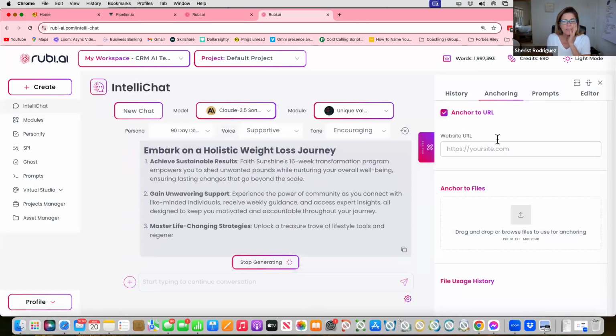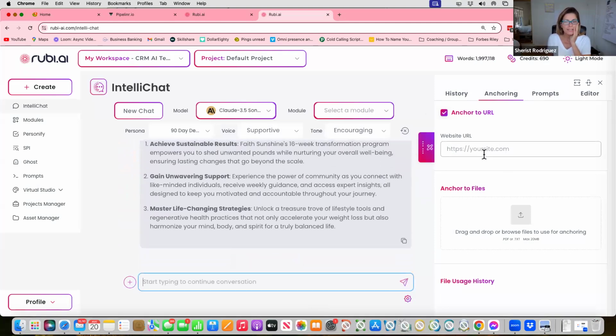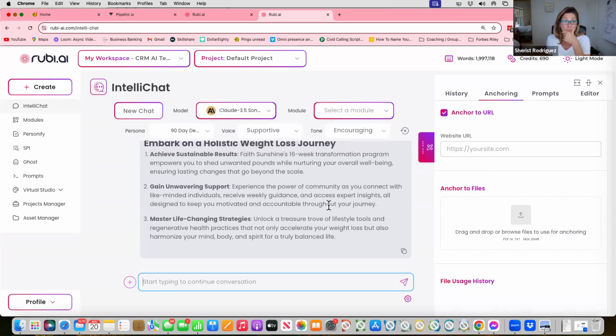Now, mind you, if you had incorporated a document about you, maybe you have a one pager or a profile thing with everything about you, your credentials, what you teach, your topics, the things you love, or even a PDF from a course you've taken, anything, right? You can create it, upload it, then it's going to pull from there as well, which is really, really cool.